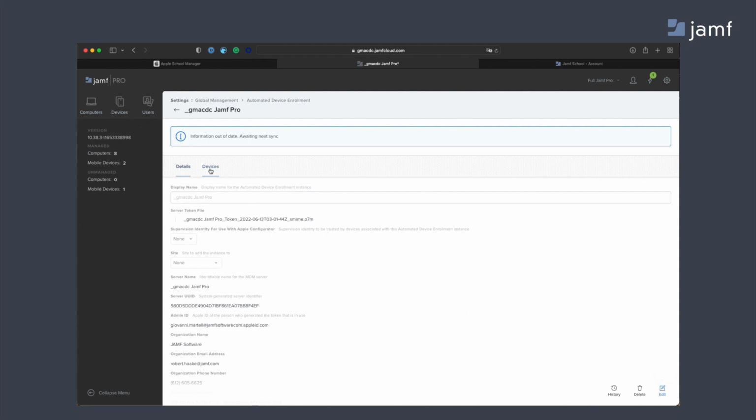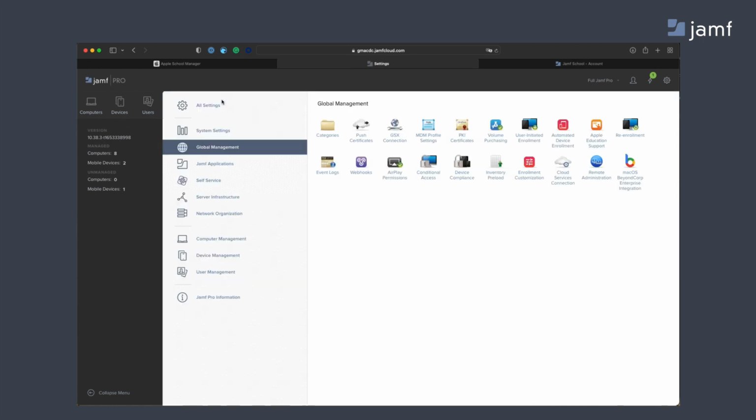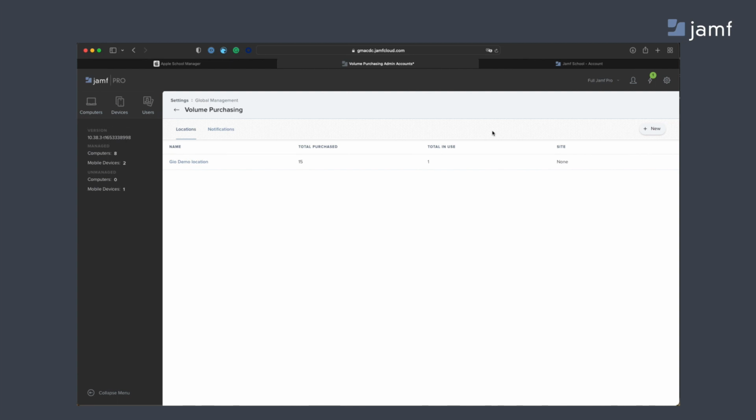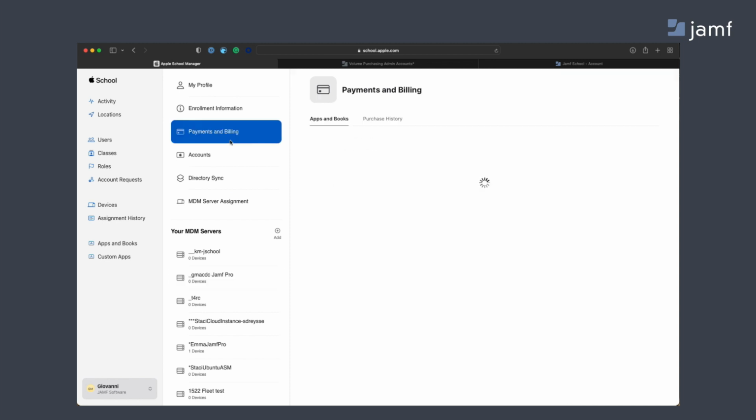There will be a synchronization process that happens in the background. Once the synchronization has happened, you'll be able to see all the devices that have been assigned to that MDM under Apple School Manager. Let's navigate back to Global Management. This time we're going to select Volume Purchasing. Let's navigate back to Apple School Manager, select Payments and Billings,